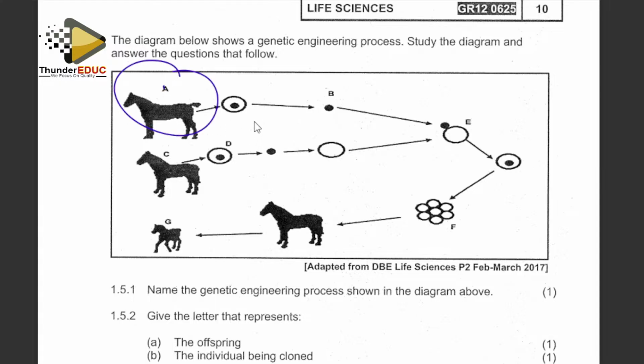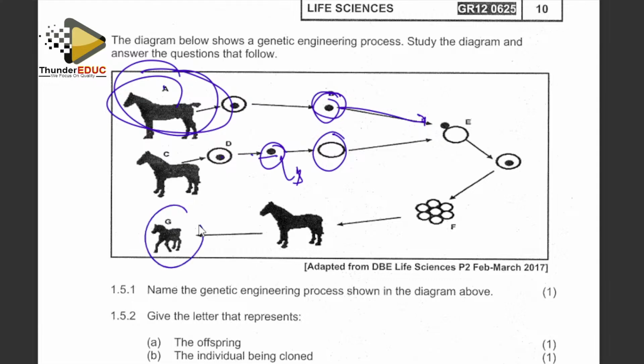Remember, this is the moment you see which one here removed the nucleus, meaning that this one we threw away, because this one we kept. Then this one we kept the shell where we put the nucleus, meaning that the nucleus was brought in. This is the one we needed to produce, meaning that G must resemble this. Why? Because we kept the nucleus. You see, this nucleus was brought here.